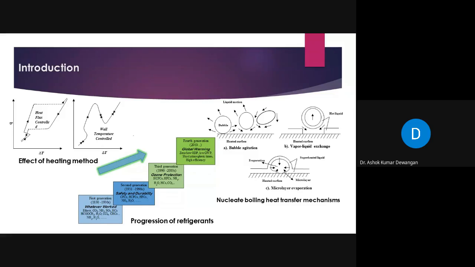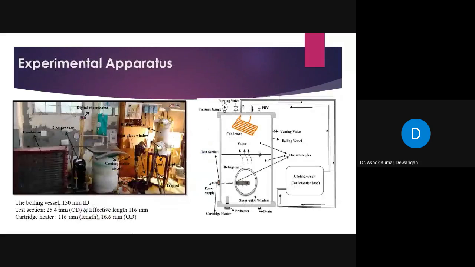So now in this study, we have chosen a new alternative refrigerant, a pure refrigerant R600A, which is known as the isobutane refrigerant. For performing this boiling experiment, this is the photographic view of our experimental setup, and this one is a schematic diagram. Here the test apparatus is composed of a cylindrical test vessel